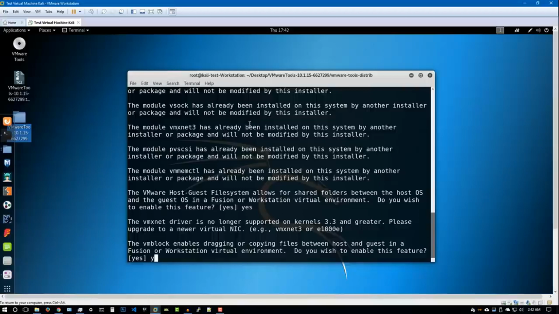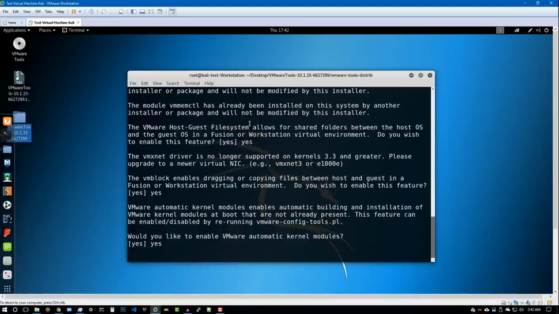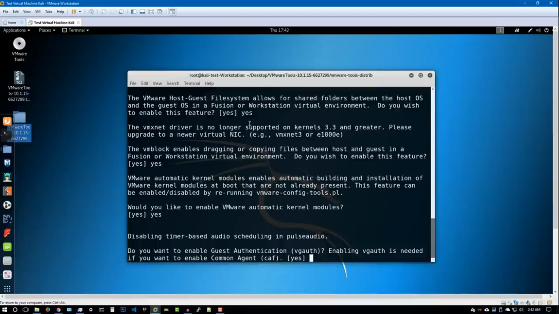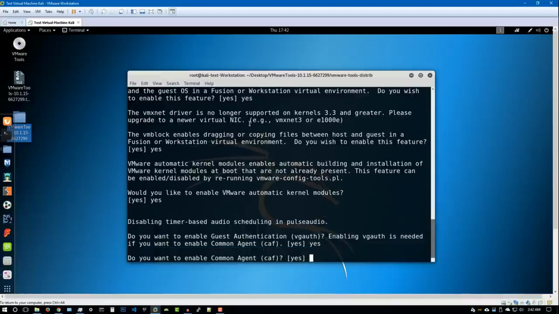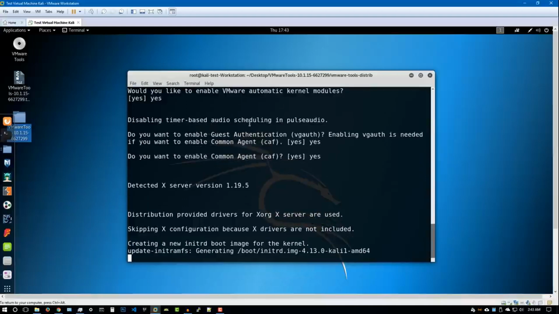VM block enables dragging and copying of files. Yes. Do I want to enable this feature? Yes, I do. Do I want to enable the automatic kernel modules? Yes. Now, one of the things I wanted to tell you is you do not need to prepare the kernel headers like you would need to do. We will get into that when we'll be trying to install the NVIDIA and the AMD drivers. Do you want to enable guest authentication? Yeah, no problem. We don't need to change anything there. You want to enable common agent? Yes. All right. So it's going to start,